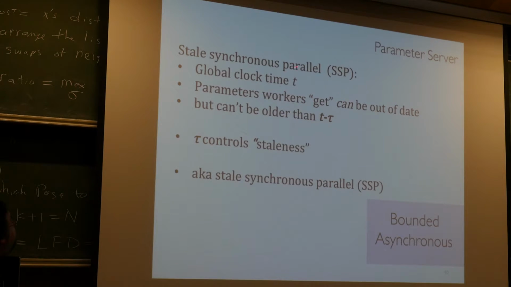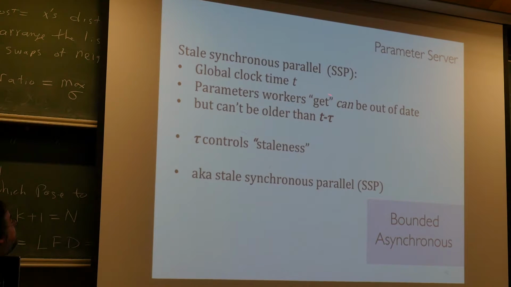So this is something that kind of lives in the parameter server. The workers can get something. When they get something, it can be out of date, but it can't be too stale. Whatever the real time is, it can't be older than t minus tau. So you're willing to let things fall sort of like tau clock cycles behind, but not any further